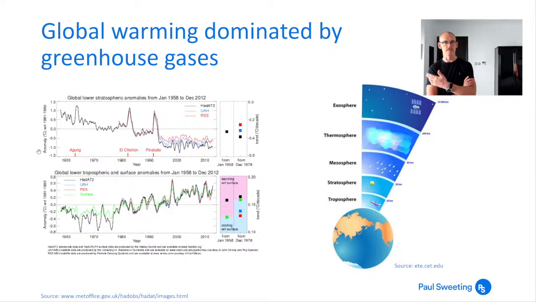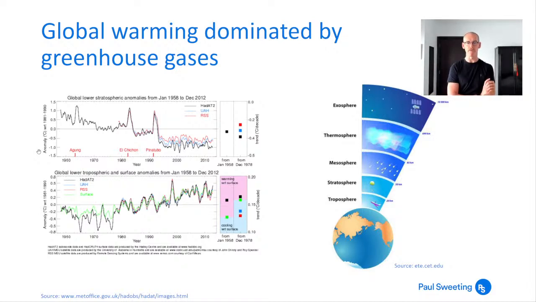There's been a few peaks from volcanic activity, but overall the temperature in the stratosphere has been declining. However, the temperature on the surface has been increasing. So what this suggests is that solar activity is doing less of the work, but greenhouse gases are doing more of the work. It's a bit like if you're trying to boil rice and you've got the pot boiling, so you turn the gas down a bit and it stops boiling, but you put the pan lid on, and that causes it to start boiling again.